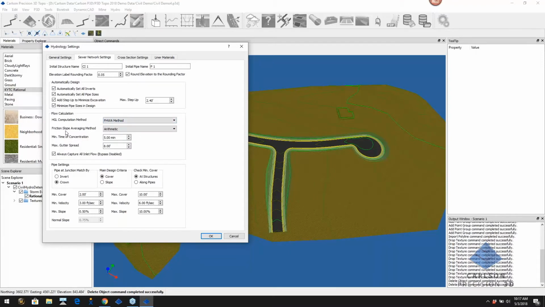Your friction slope averaging method, I've got mine set to arithmetic. We have conveyance and geometric. The minimum time of concentration. A lot of times you'll get this requirement that 5 minutes for storm drainage design is the minimum. It may end up being 7 minutes. It could end up being 3 minutes, but this is kind of like just